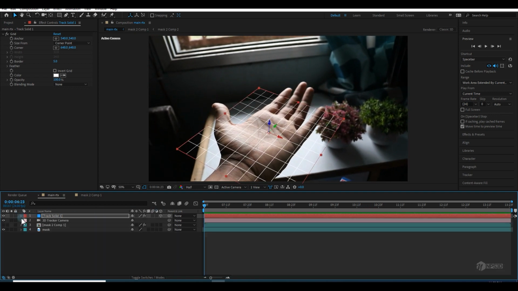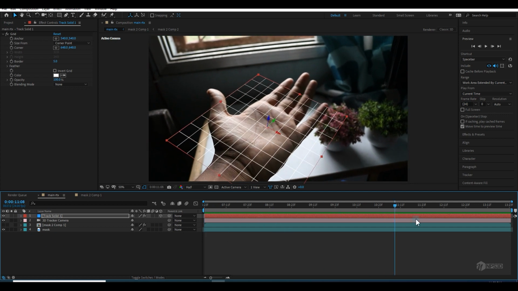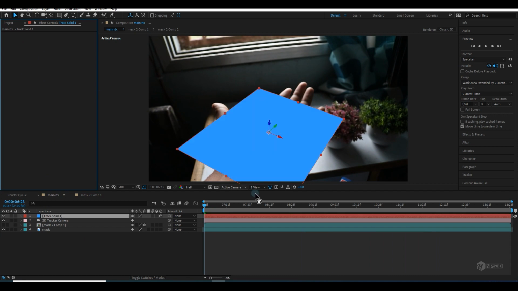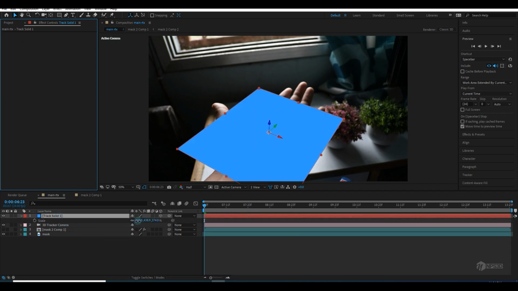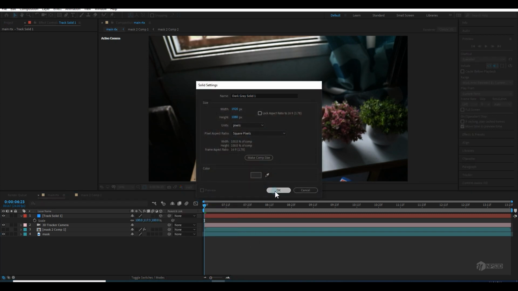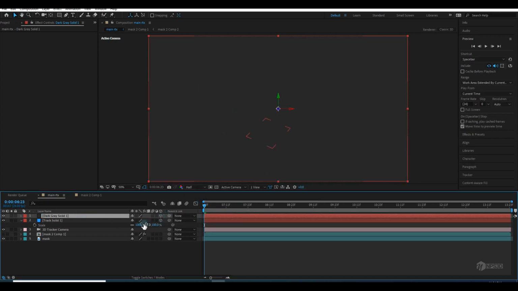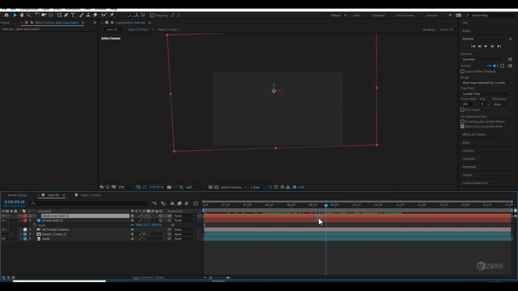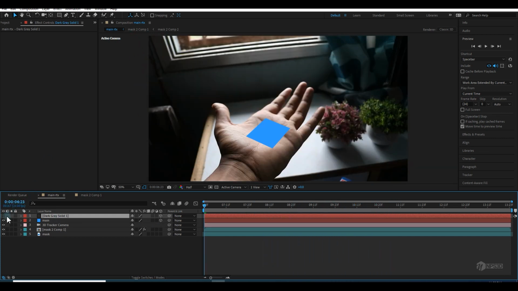Now let's move to number 3, how to put a 3D object in your scene. So first let me delete this grid one and scale it down to 100%, and let's apply a new solid and enable the 3D layer, and you can see the scale is almost good. Apply Element 3D on this layer, rename this layer to Element 3D, go to the scene setup,